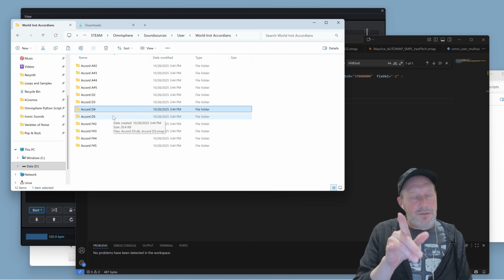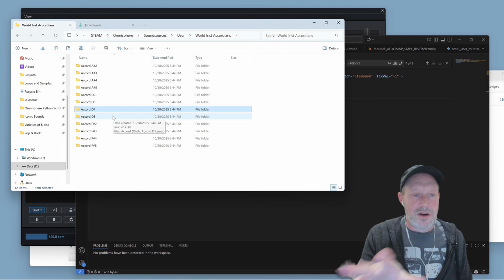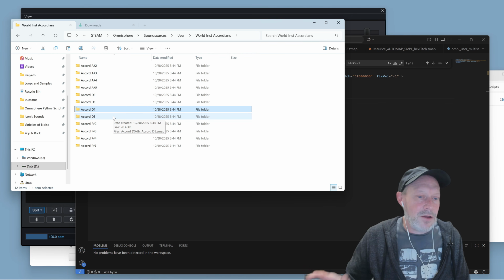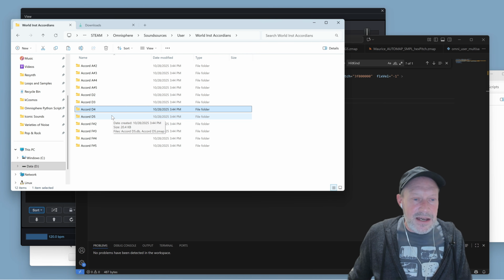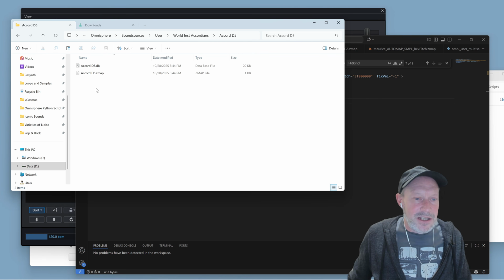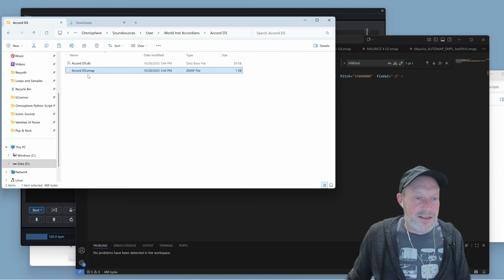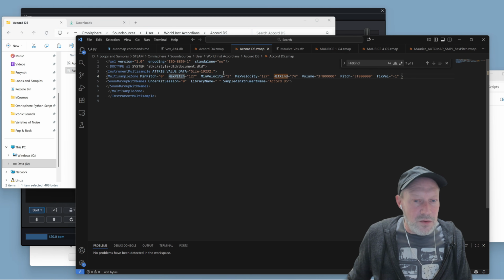I wrote a script to handle all this stuff for me. I did originally do some manual faffing around, but ultimately I just wrote a script to handle this. But let's open Accord. What did we open? So this is the D5 sample. We opened Accord D5.zmap, and we can just